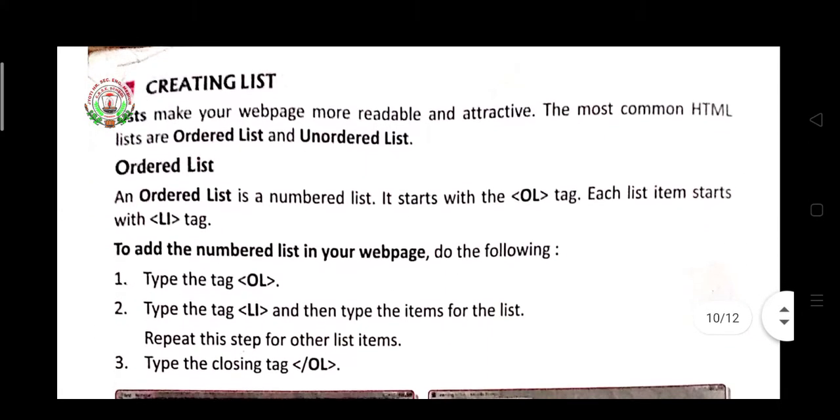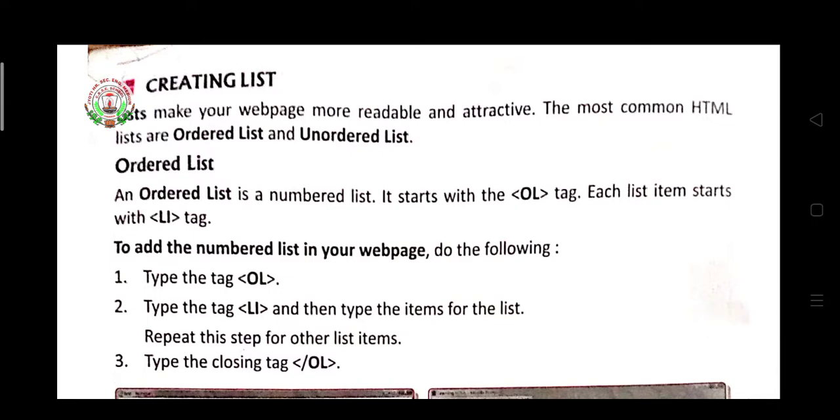Now come to creating lists. Suppose you want to display some points in your web page. Some are marked with a dot sign or some other sign, or as 1, 2, 3, 4, like this. Here two types of lists are there: one is the ordered list and the second one is the unordered list.